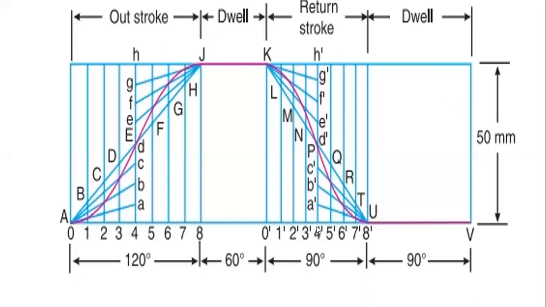Next, from the center line, that is the dashed line, divide the vertical line also into 8 equal parts, and then draw the vertical lines from each divided point. And for the lower end points,